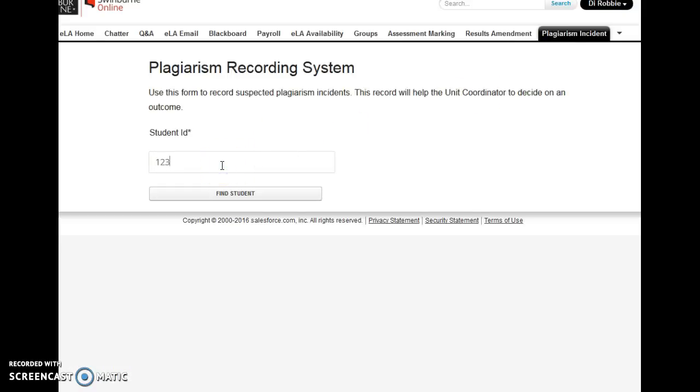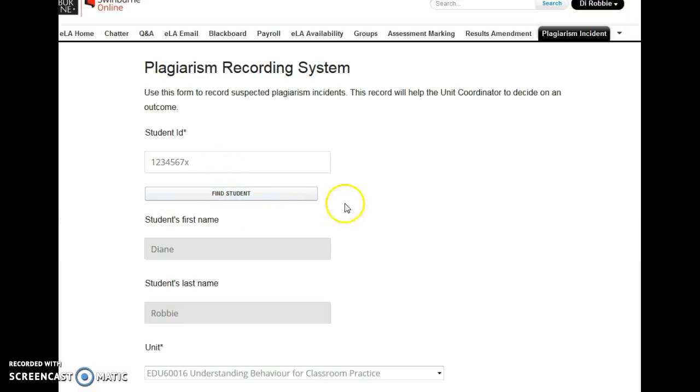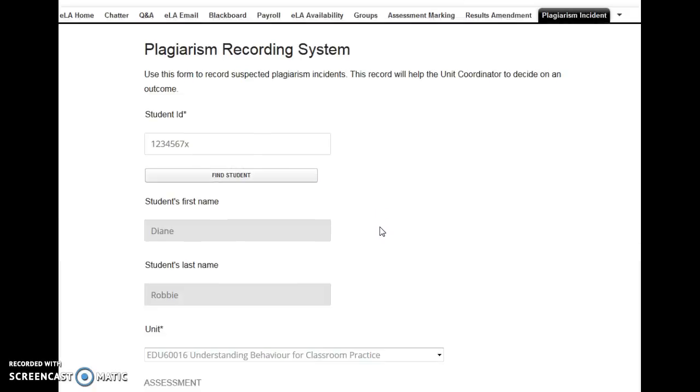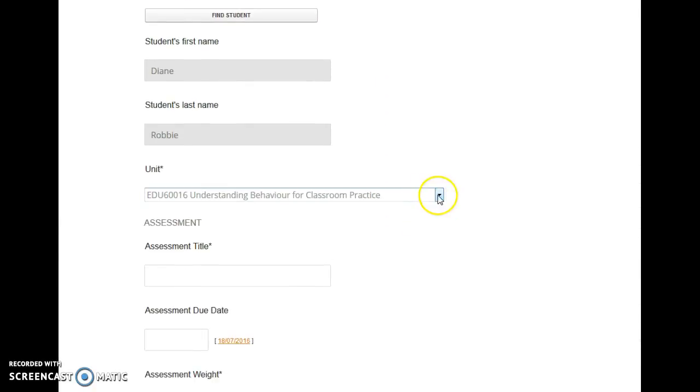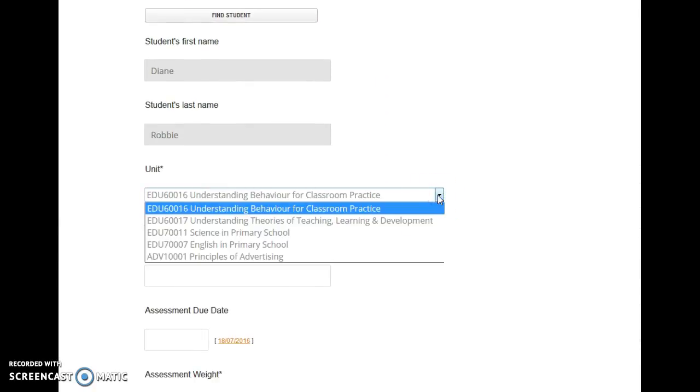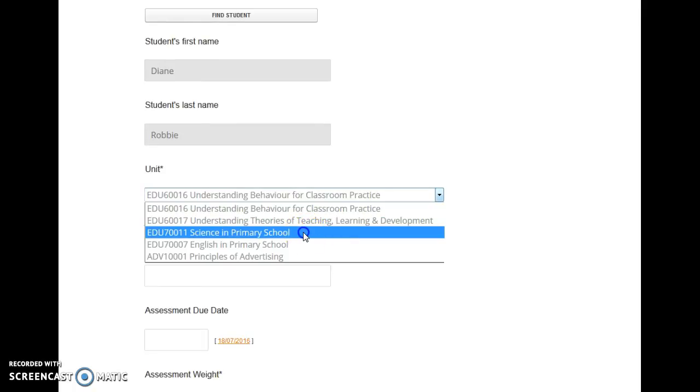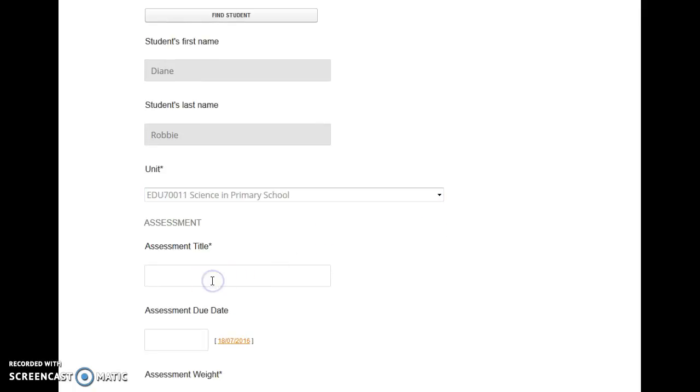Type in the student's ID to find the student and make sure the name is the name that you're looking for. Now select from the drop-down box of units the unit that you're teaching in. Type in the assessment number